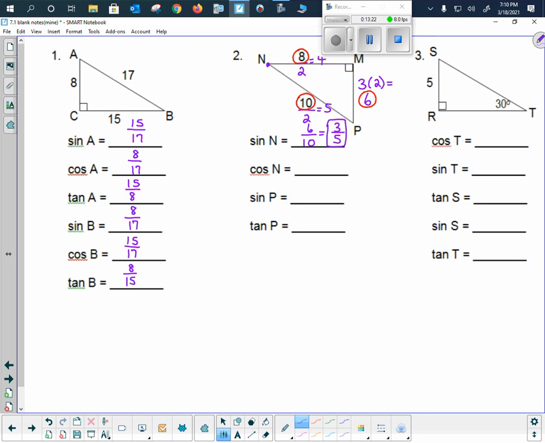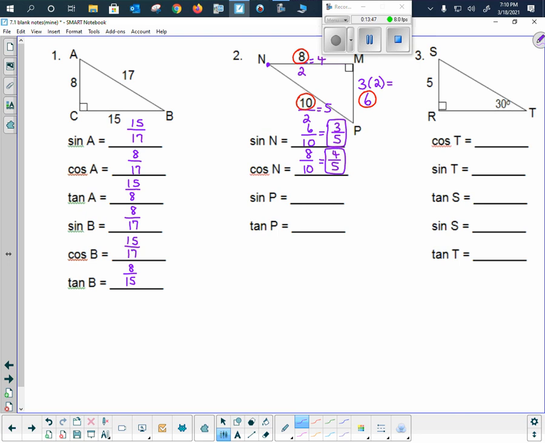Okay. Now cosine of n. From n's perspective, using the red circled numbers, cosine is adjacent over hypotenuse, so 8 over 10, which reduces to 4 over 5. Box that. That's what you want me to grade. Now please notice,